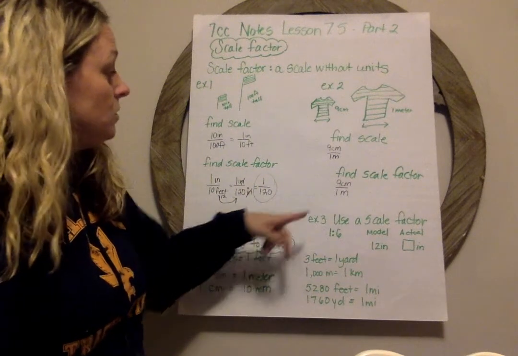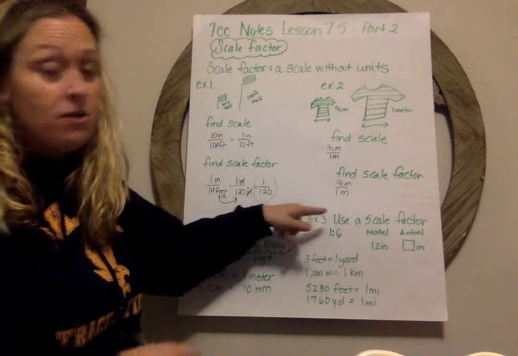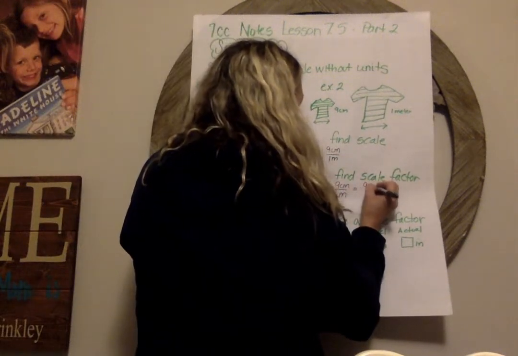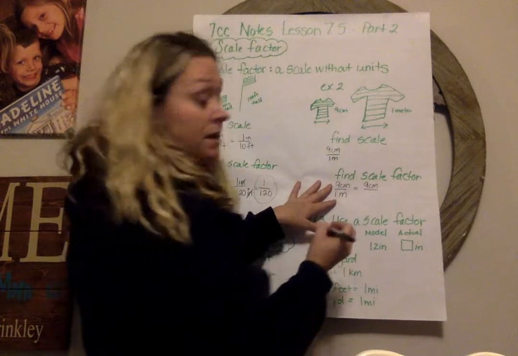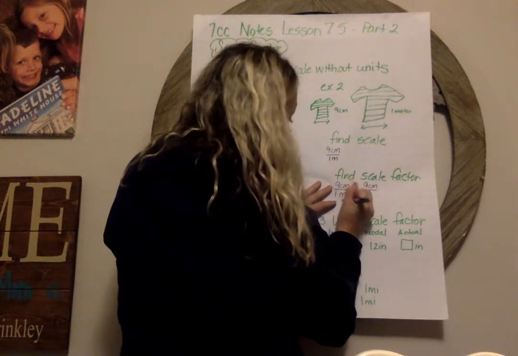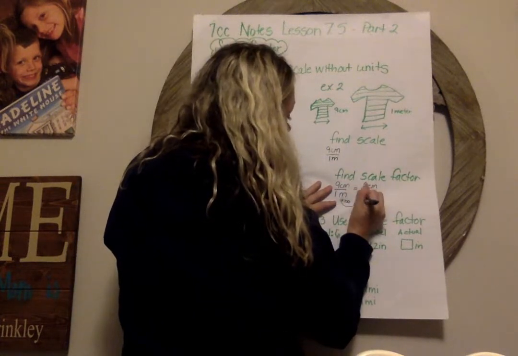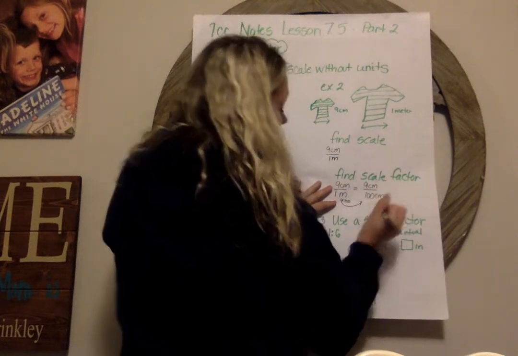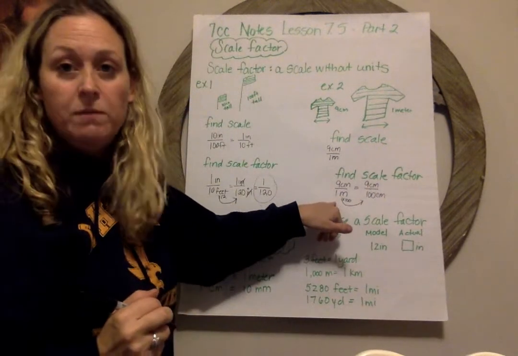So I'm going to take that 1 meter and change it to centimeters. The 9 centimeters is still 9 centimeters. But because I know that 100 centimeters is the exact same amount as 1 meter,